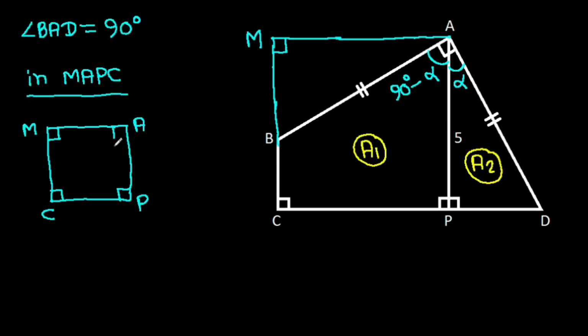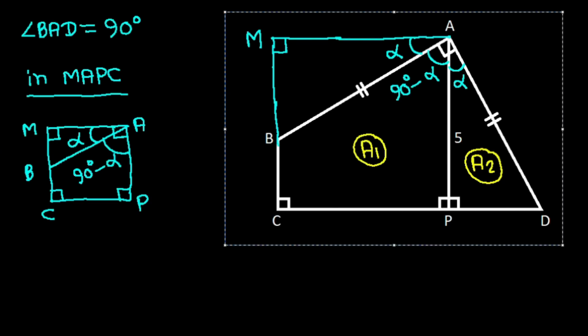So this angle, it will be also 90 degrees, and angle PAB, it is 90 degrees minus alpha. So this angle, it will be alpha. This angle, it will be alpha,